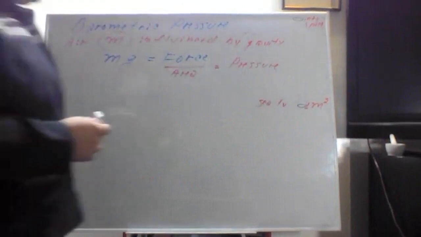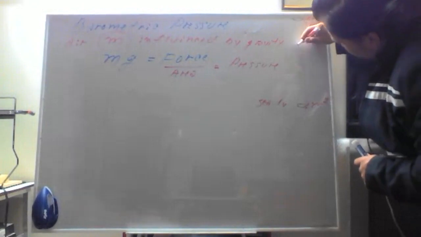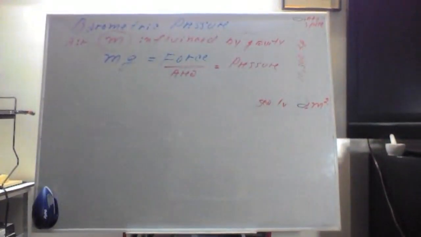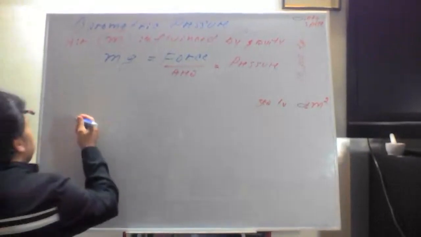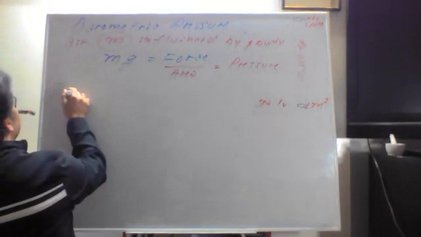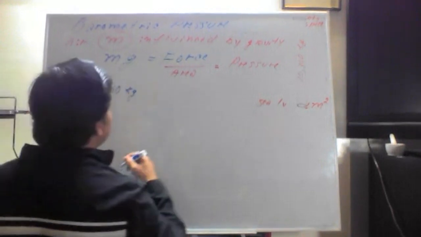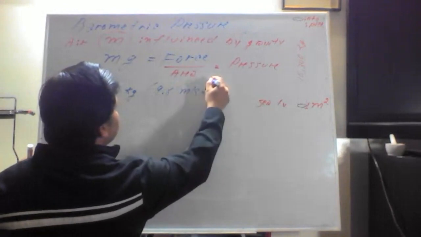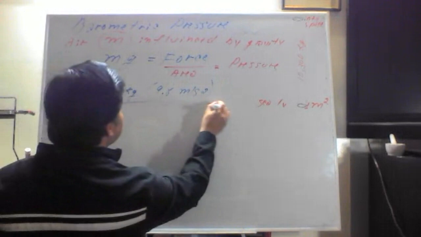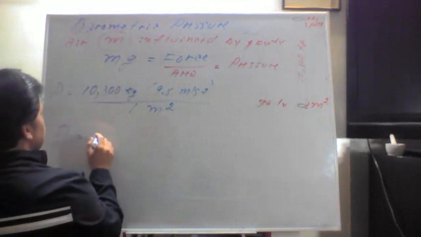Well, according to estimates, this column of air weighs about 10,300 kilograms. So let's put that together. For the pressure, we have 10,300 kilograms. That will be the mass. Acceleration due to gravity, 9.8 meters per second square. And then we take that divided by the 1 meter square area. And what we get from that is equal to